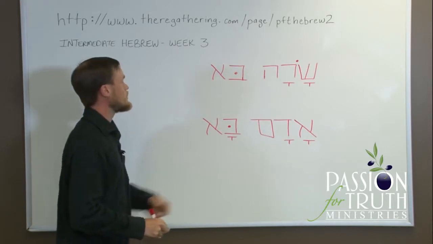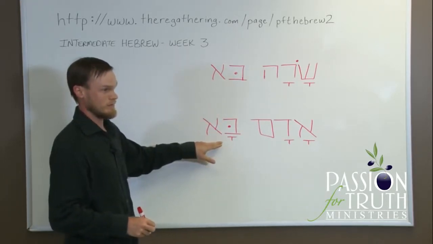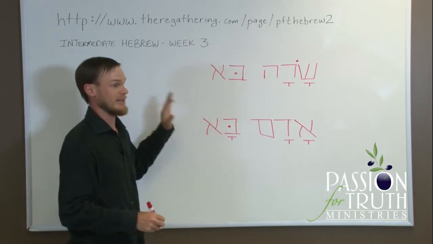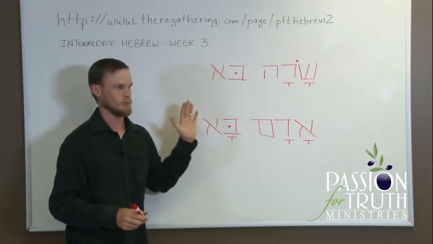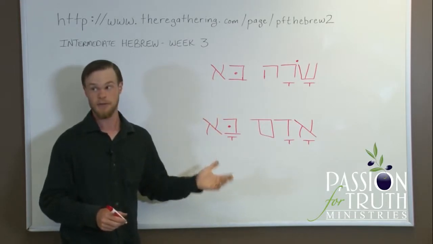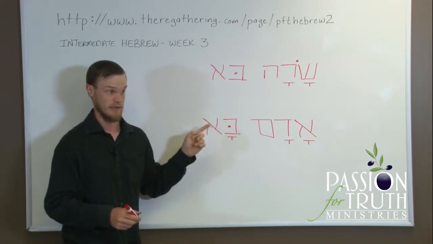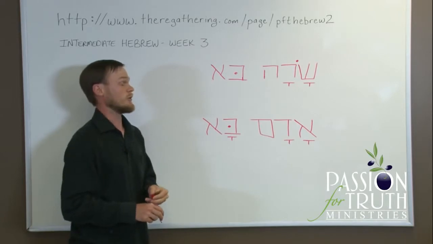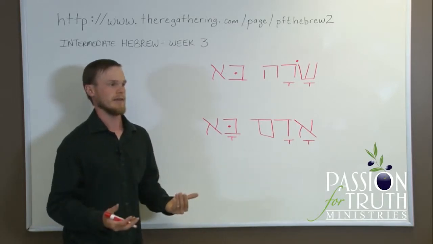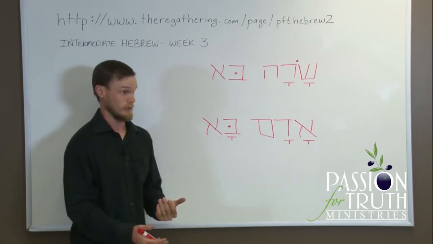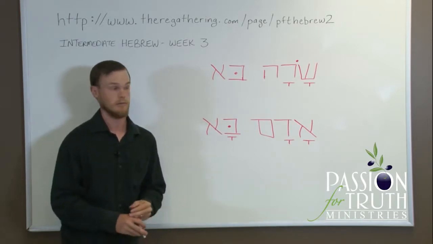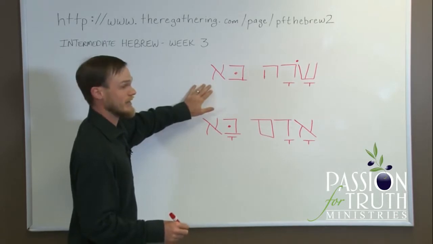Okay? To make ba feminine, now this does not apply to all verbs, it applies to this verb. Okay, so I want to stress that this is not a general rule for how to make a verb feminine, but this does make this verb feminine in this case. I want to introduce this, though, to introduce the idea that we have to use a feminine verb to accompany a feminine subject. We have to use a masculine verb to accompany a masculine subject. Okay? So for this verb to make it feminine,